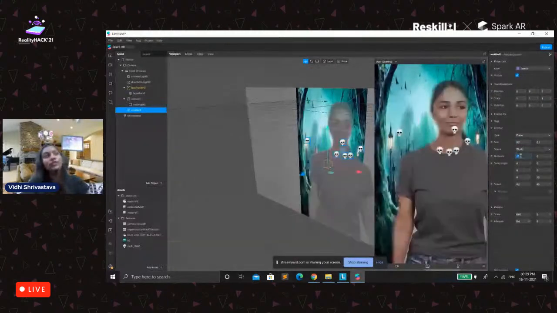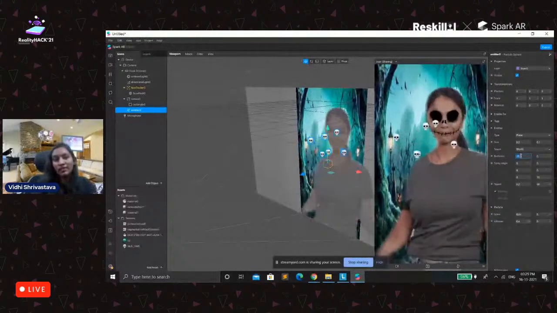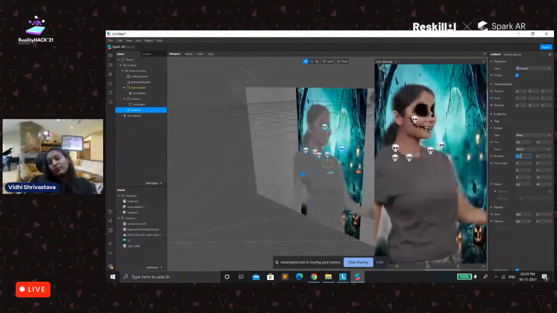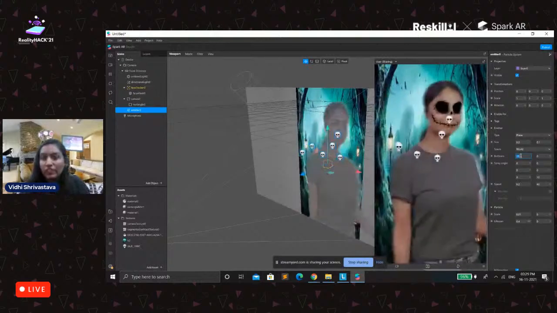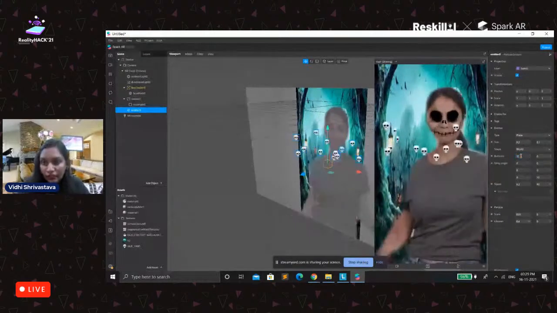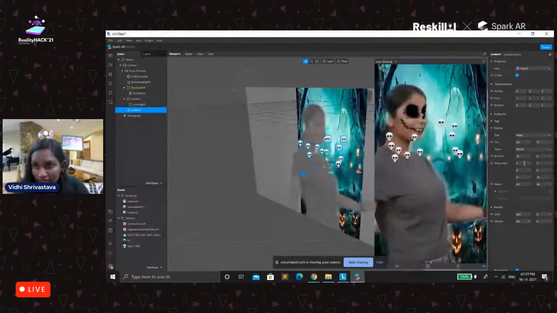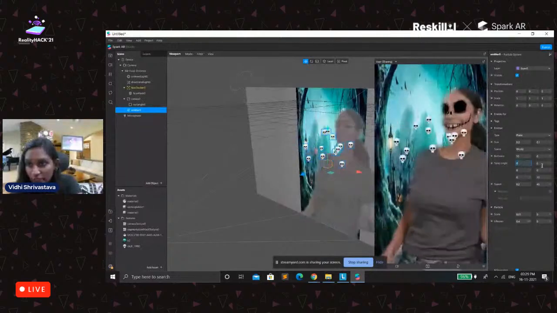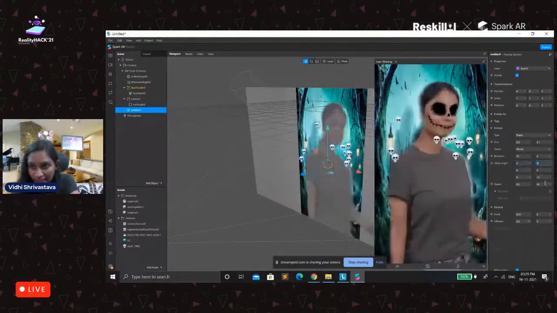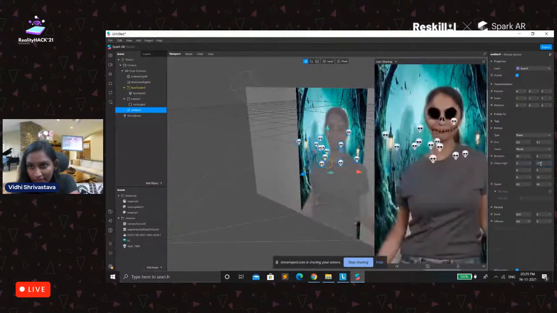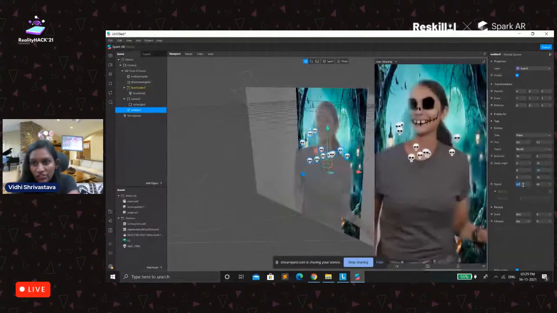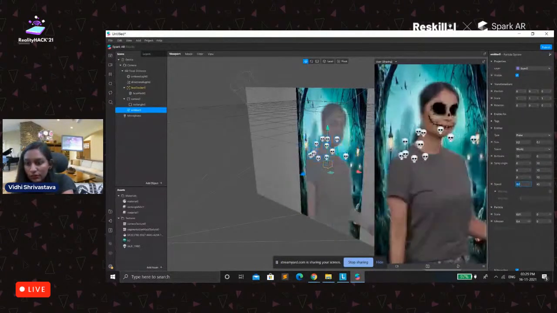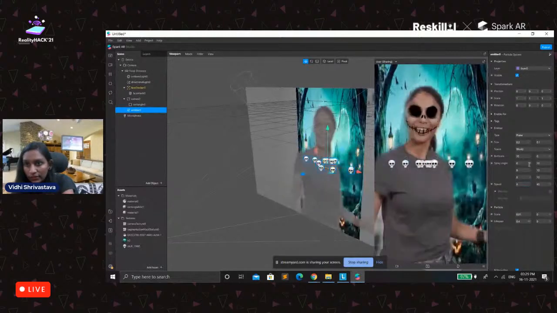So what birth rate is, as the name says, the rate at which we want the number of particles to be there on the effect. So let's take it 35, and let's take a spray angle from x, y, and z axis. These are basically x, y, and z axis. Let's take it as 10, 10 and 10. And we could change the speed of these particles. For example, if I give 1,